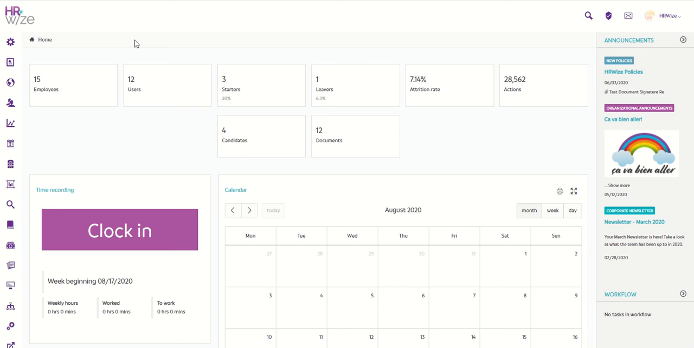The HRWize system provides you with a feature that allows your employees to submit their expenses and for their managers to approve them. To use expense management, if it's not already enabled, first, turn it on via the module display